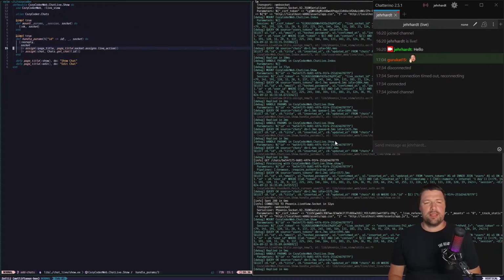So basically right now we don't do anything. So we just have the mount, which does nothing. So right now the page is rendered on the server, it's shown, the WebSocket connects, calls the mount function, and now it could handle params, but all the params it handles is basically the ID. So now it handles the ID param. If this changes, then